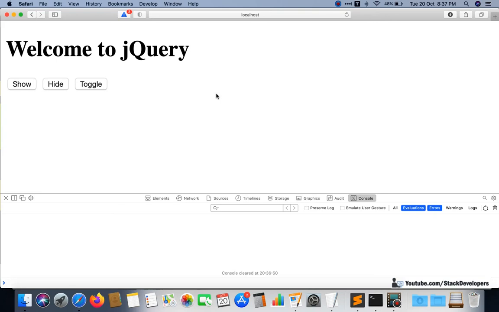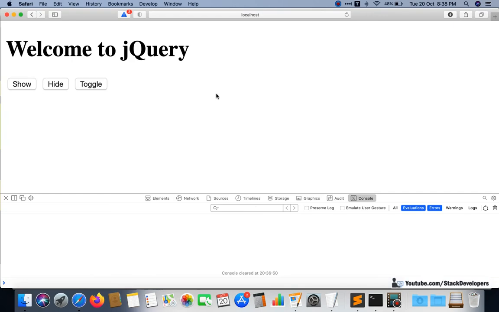Sometimes it is appearing and sometimes it is not appearing. Okay, means one time it is appearing and one time it is not appearing, opposite to that. So that is the meaning of the toggle. So toggle is also used in web applications. Okay, sometimes we require to use toggle. Okay, so this is the toggle.